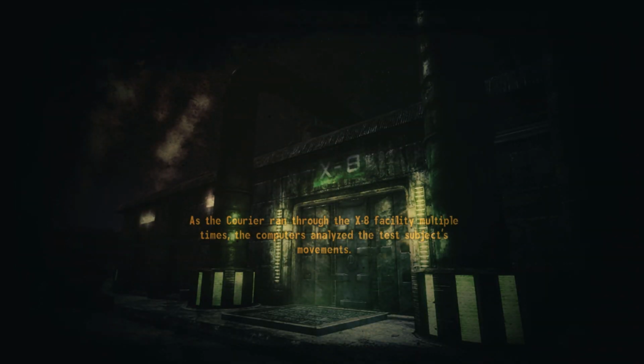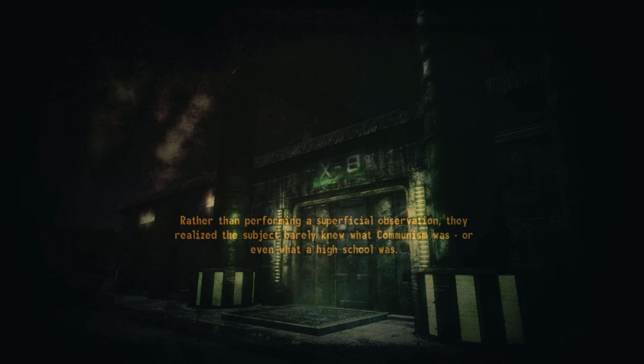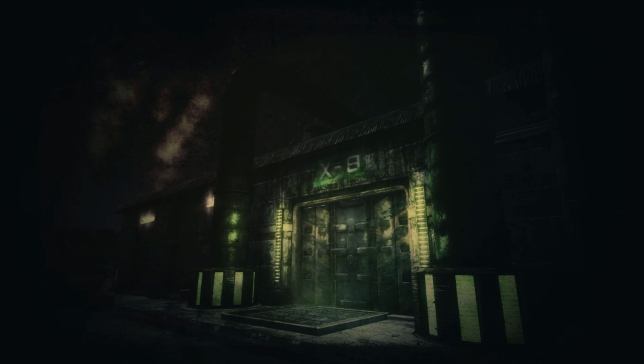As the courier ran through the X8 facility multiple times, the computers analyzed the test subject's movements. Rather than performing a superficial observation, they realized the subject barely knew what communism was, or even what a high school was. This confused them for a time, until the facility finally realized that its research had succeeded. So it let its cyber dogs out into the wastes to help protect small communities from physical aggression rather than